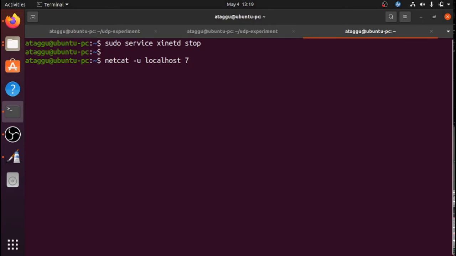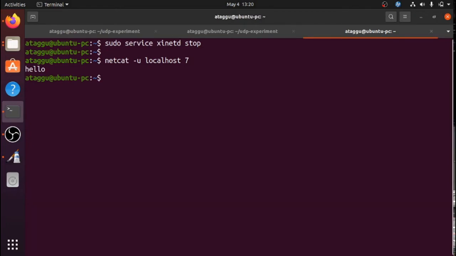Now tell me whether this connection will happen or not. Can this client talk to the server? The server is dead. So whenever we say hello and press enter, it will do nothing. The server will not reply hello because there is no server running.